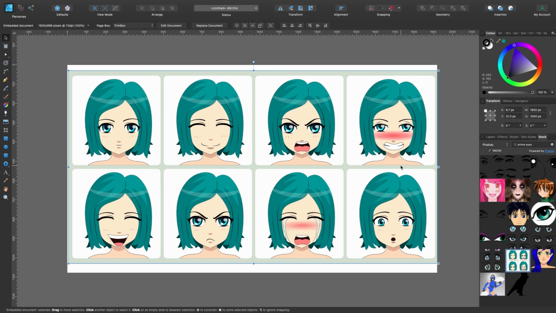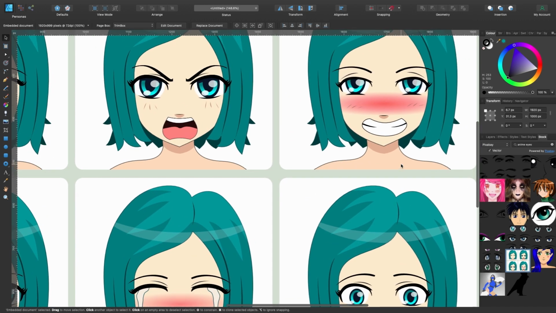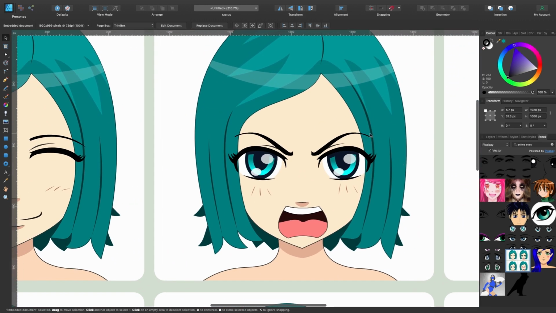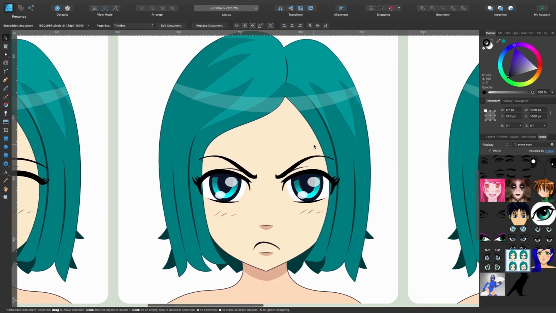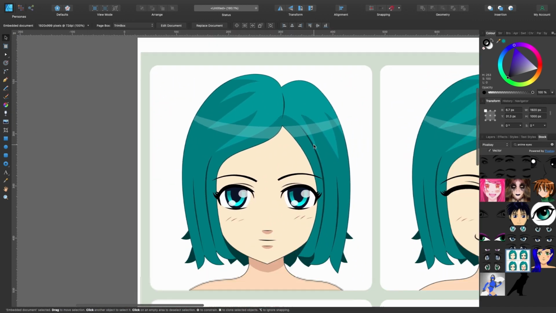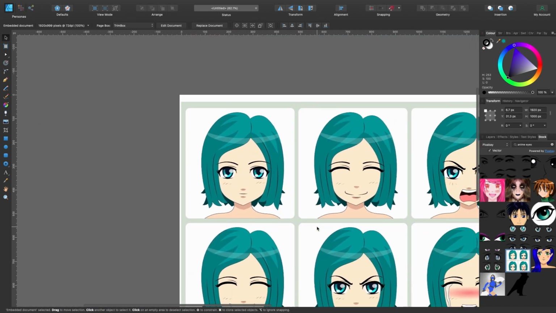I haven't done a lot of anime illustrations before or anything. So I'm quite interested to see how they make the eyes, because the eyes are huge on these characters, like way bigger than they should be in real life. But I guess that's why they show quite a lot of emotion. So I like that. So I'm going to choose this one here.